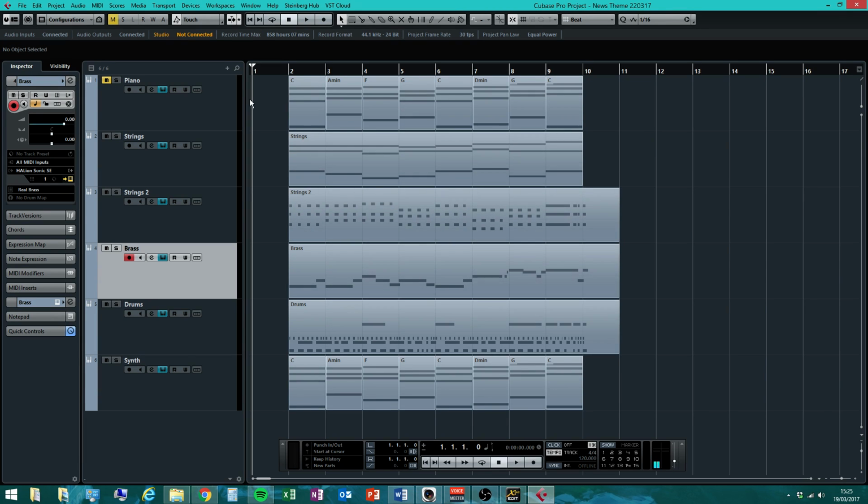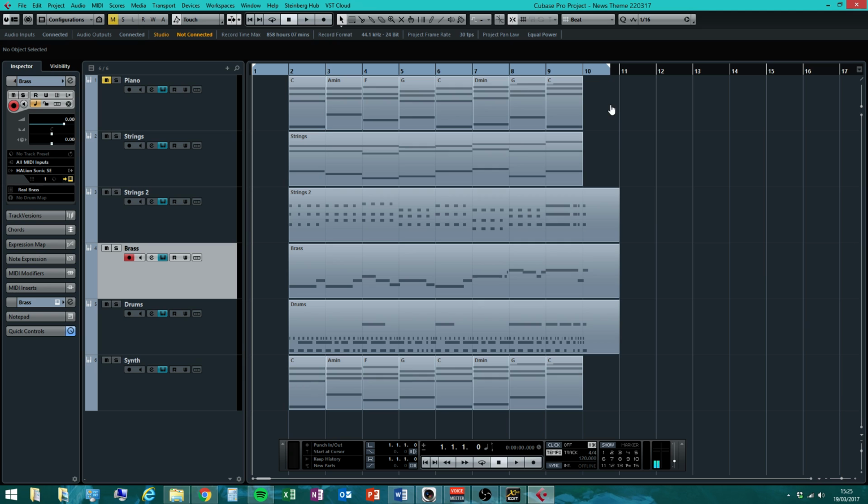All right. So if we go into this, I'm just going to quickly point out this area up here. Now this is what's called your left and right locators. At the moment they're both set at 1, which is why those numbers are both 1. Now, if I was going to